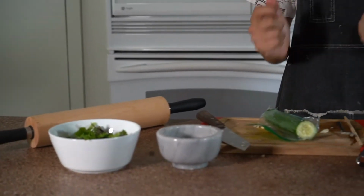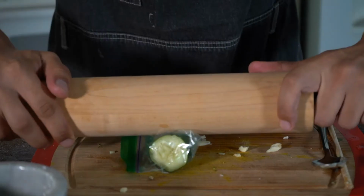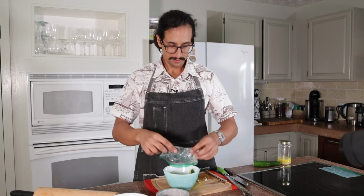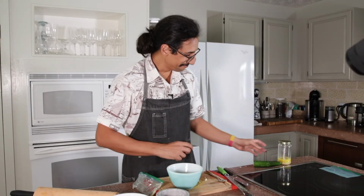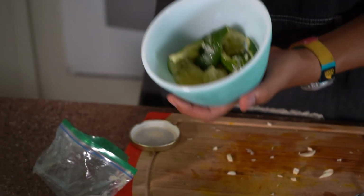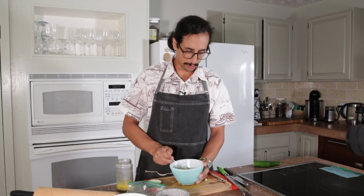Now I don't want this mushed cucumber. I want smashed cucumber. So I'm going to take something heavy. I'm just going to smash it just a little bit. Take that. That goes in a bowl right there. We take our dressing, pour it just a little bit over there. And there we have smashed cucumber salad with our sweet and sour lime dressing. Big chunks. Maybe next time I'll make smaller chunks. Anyway,